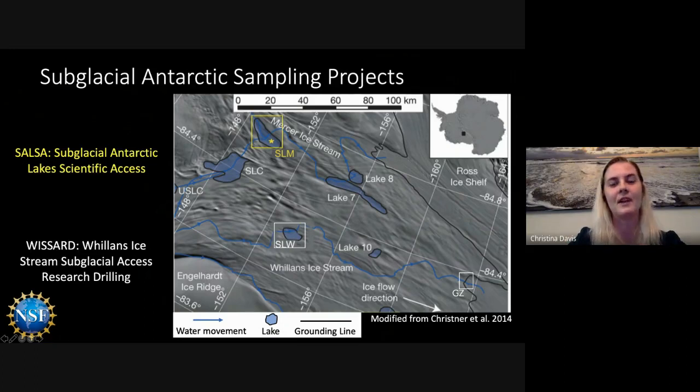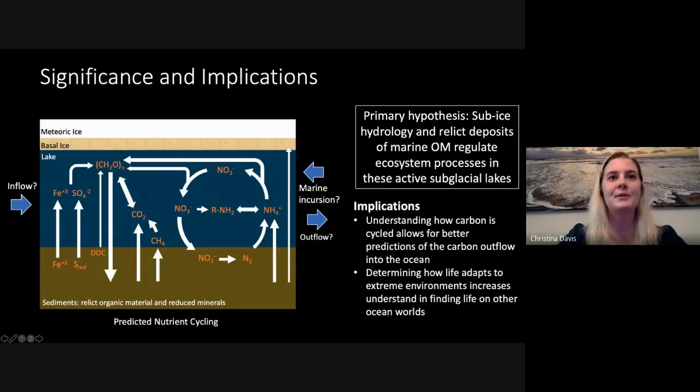And this was then followed by a grounding zone sampling event that's done at the terminus of where the water was flowing out of this Willans Lake. So we learned a lot from this first project that then set the stage for the Salsa project, which was sampling Mercer Subglacial Lake farther south. So from what we learned from the Willans is that there are microbes that exist in these dark ecosystems beneath kilometer of ice. These lakes are also quite diverse in the microbes that we find there.